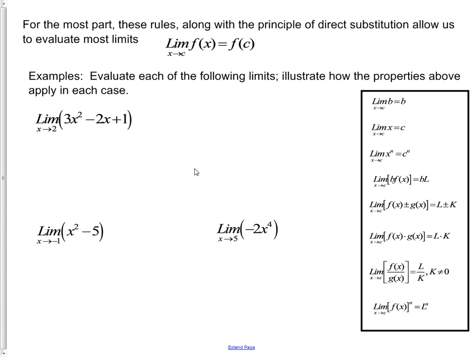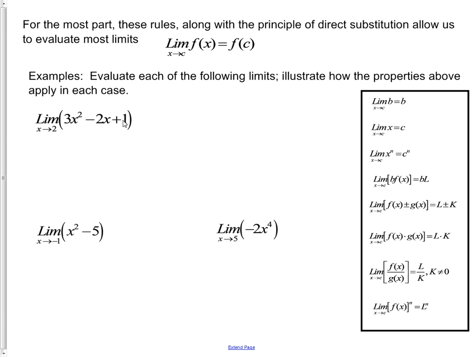So now what happens if we just talk about general functions? Well, with polynomials, it's very easy. All these polynomial functions right here are nice, continuous, well-behaved functions. And so these are certainly the kind of functions that we could evaluate by direct substitution. And all of these rules are useful in showing why, whenever we take a limit, we can employ these rules